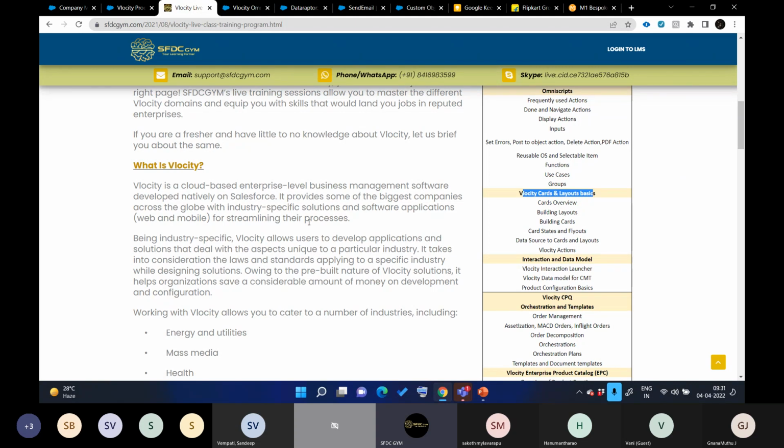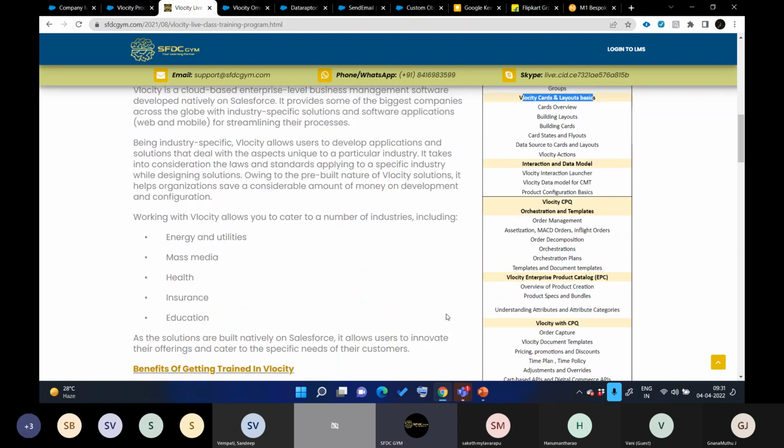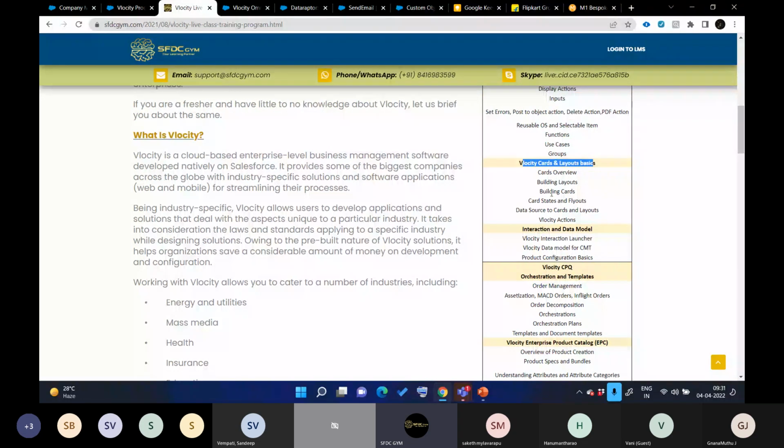Let's say you're calling Airtel customer care. At the time when the Airtel person asks what is your phone number, you just tell them this is my phone number. Based on your phone number, they will show you all the history of your payments, any current cases that you have logged, any problem that you have faced, what is the status of your current pack, right? How are they doing this? Because they are using a system like Salesforce Velocity is offering, Velocity cards or layouts, where in a smaller screen, by just typing a couple of inputs, you will see the detailed information. So that thing we will learn here, how we can control that.